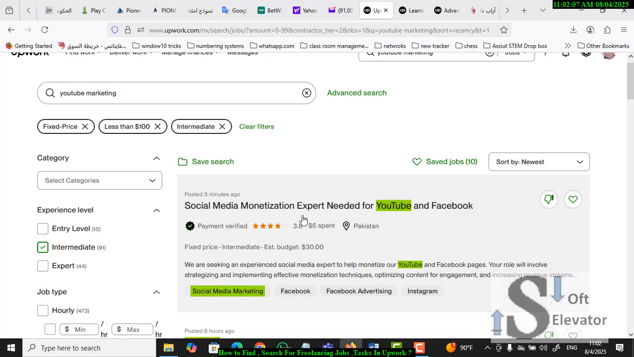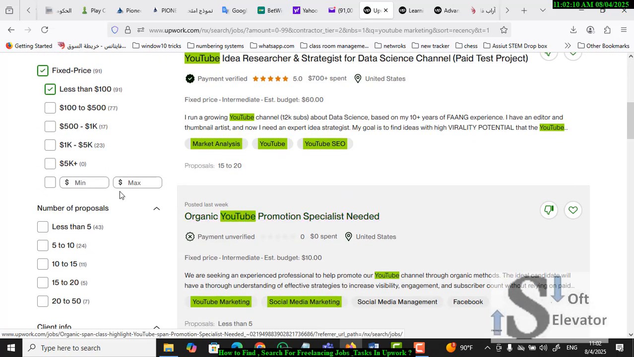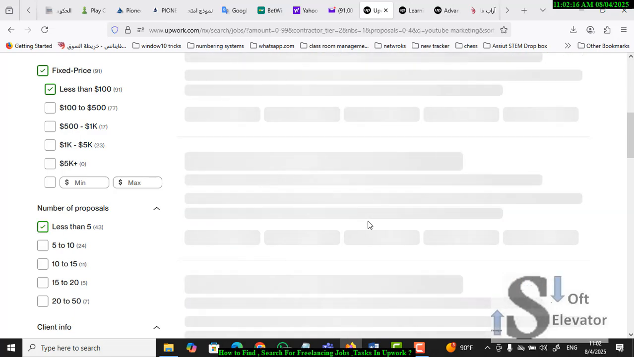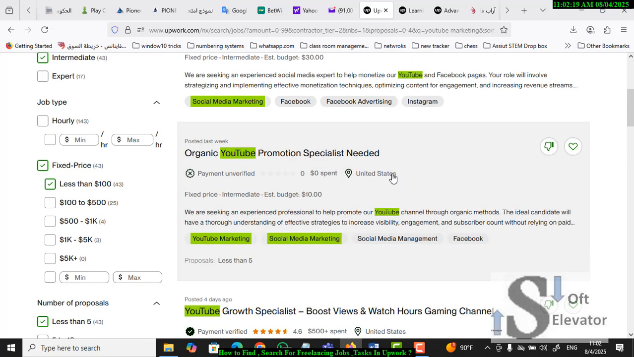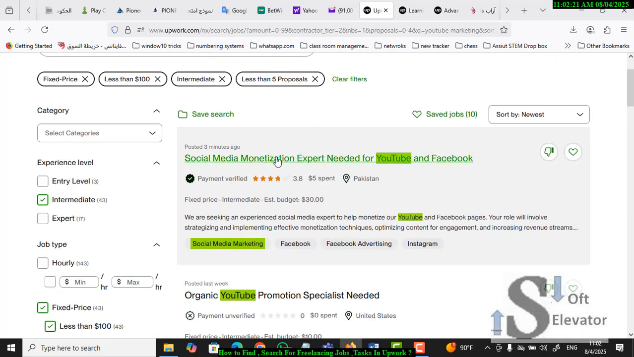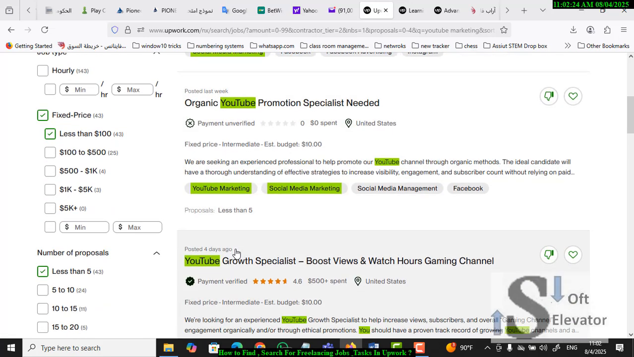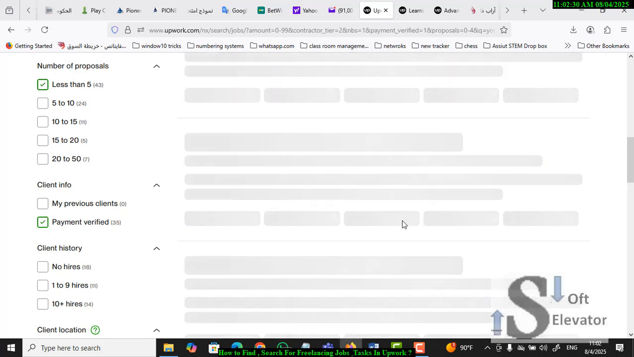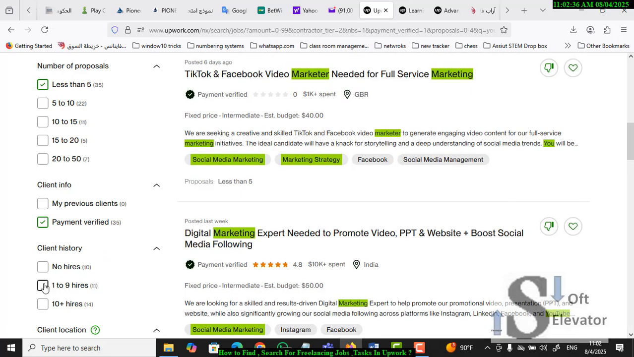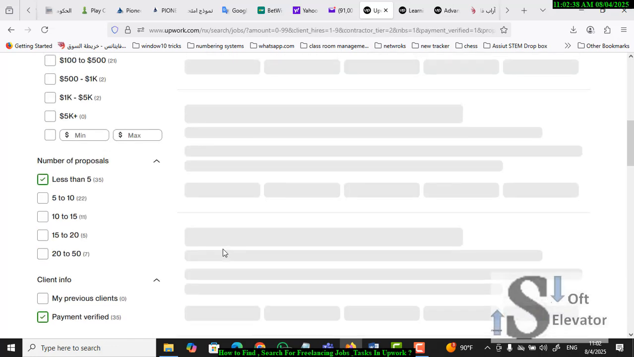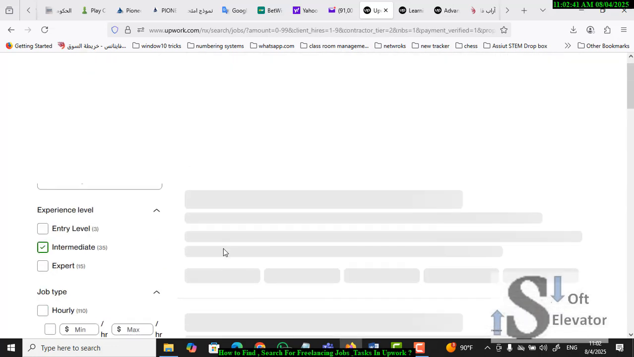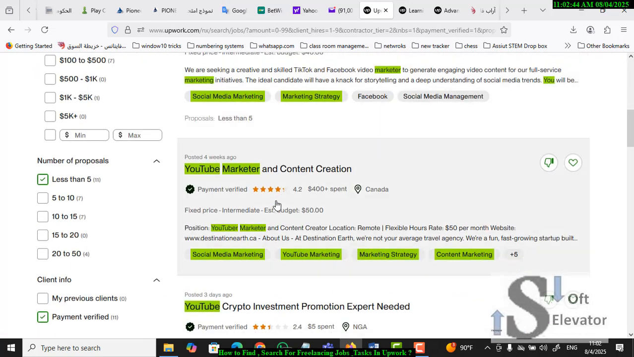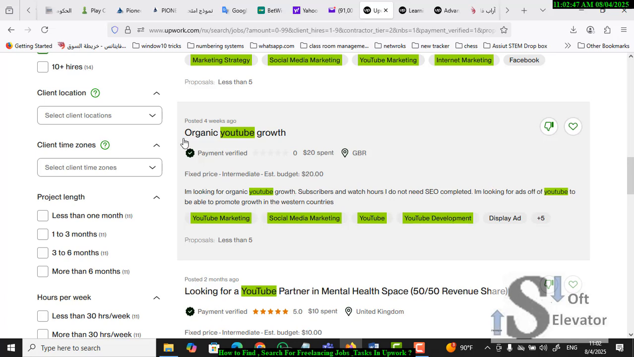It's the same. Okay, so here number of proposals less than 5. Okay, so the people who applied for this task, okay, it's less. Then client info, payment verified, and it's payment verified. Client history, how much? Client 129. Okay, it's fine. Then client location,